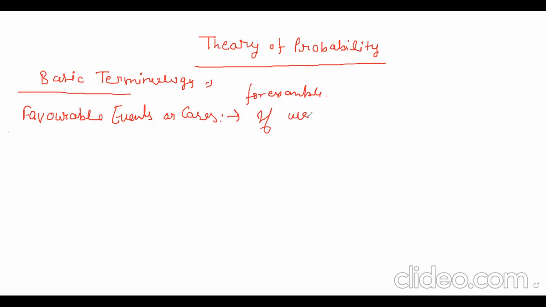If we are throwing two dice, then the total number of outcomes